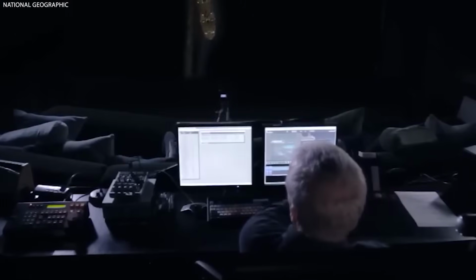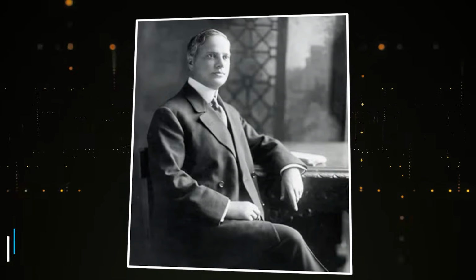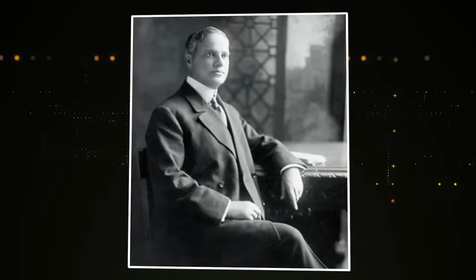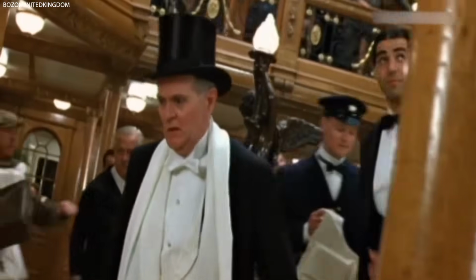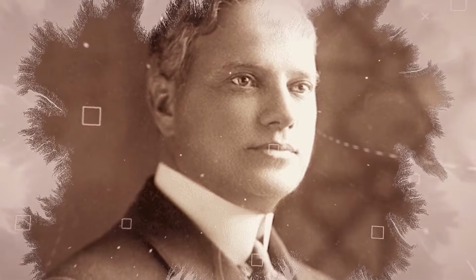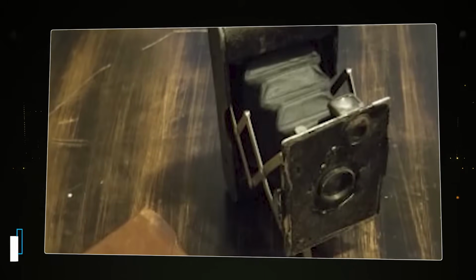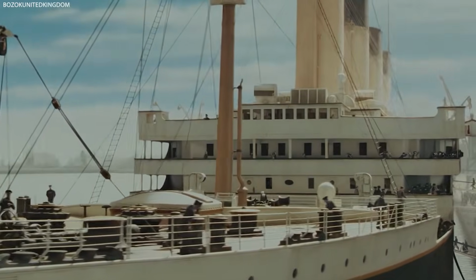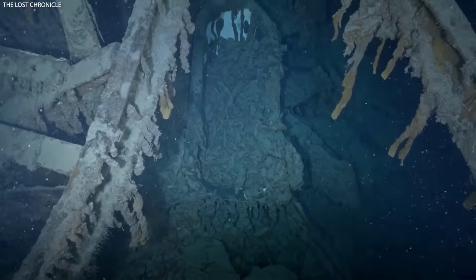Historical records confirm this camera was commissioned by Benjamin Guggenheim, a notable American businessman and passenger aboard the Titanic, known for his interest in technological advancements. Guggenheim had several experimental devices shipped on the Titanic, including this reinforced photographic camera developed in Hamburg just before the ship's ill-fated departure. The recovery effort that brought this treasure to light was led by elite scientists and oceanographers equipped